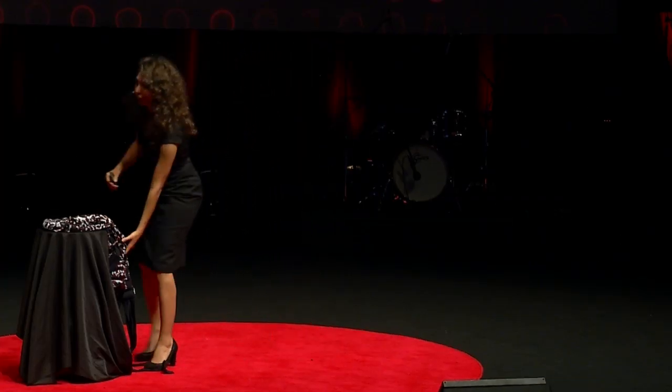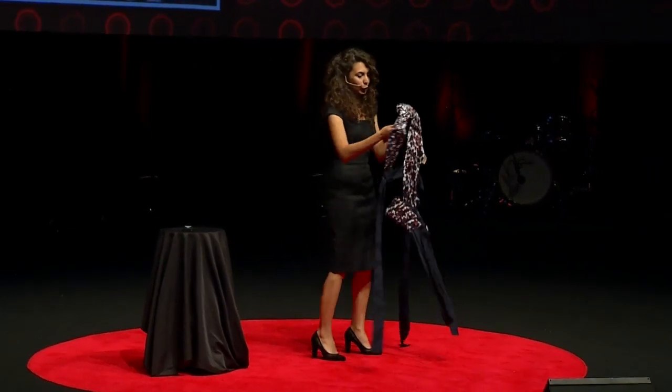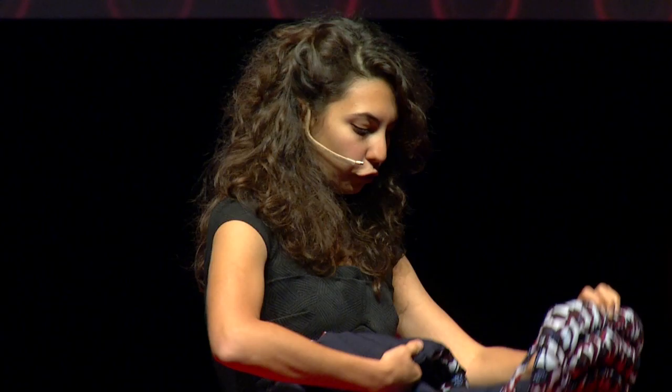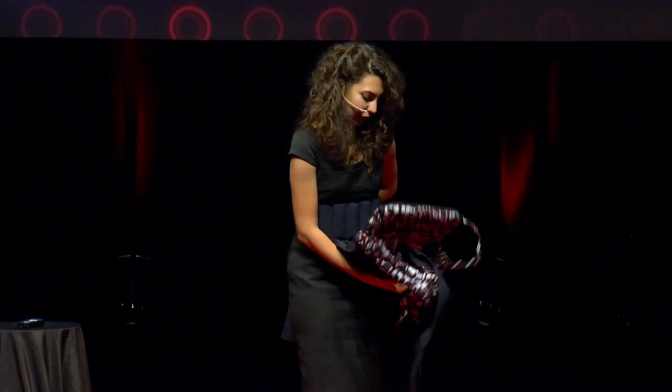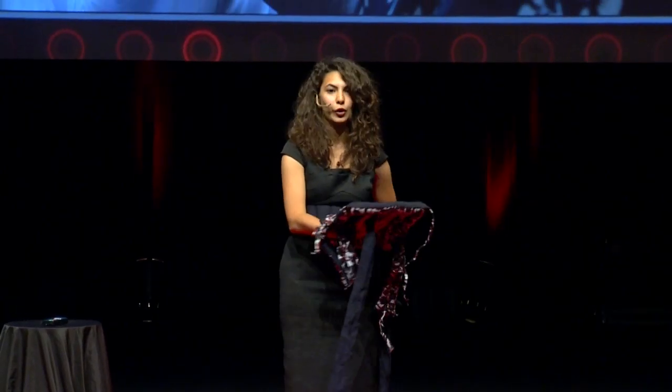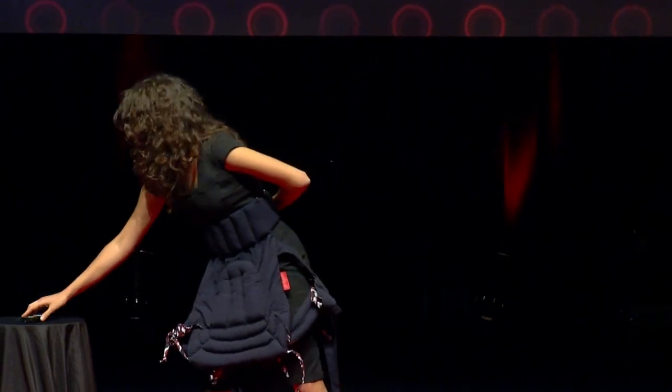So a brief information now, this is the carrier. And in order to carry newborns, what you do is you fold your carrier one time and wear it higher. So this way, the space in the carrier is smaller. And we call it make your carrier small when your baby is newborn. And in the case of the low-weight twins,